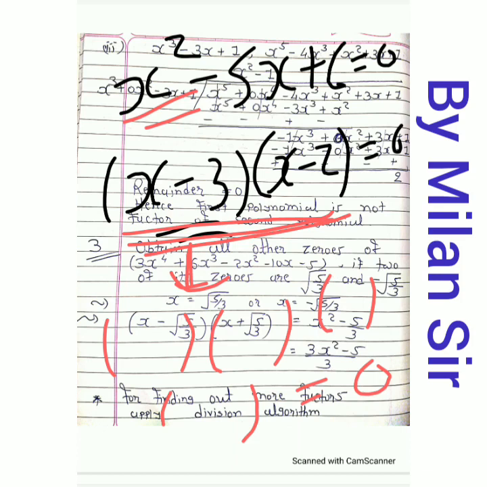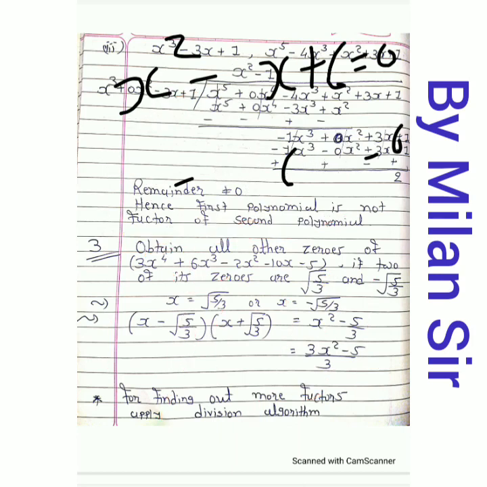From every bracket we can get one zero, so totally we can get four zeros. Maybe it is possible that two of these brackets are the same, and we get the same zeros. But if the degree is 4, that means at last we can get four such brackets, and from every bracket we can find one zero. Now here the degree is 4, right? So in total we get four brackets again,